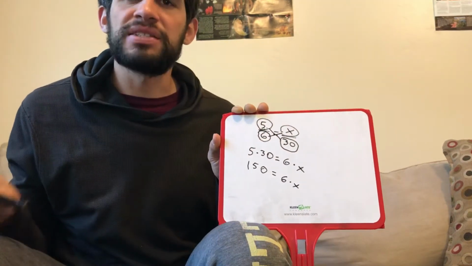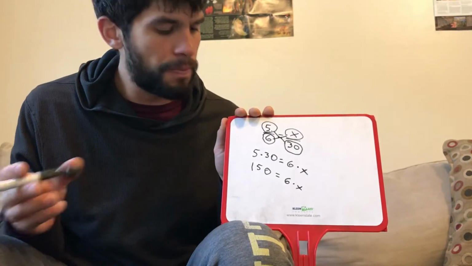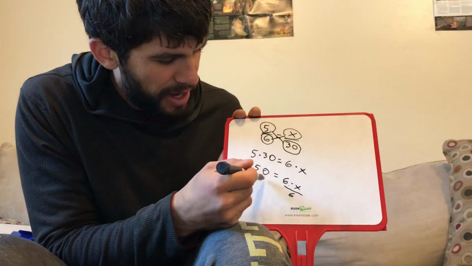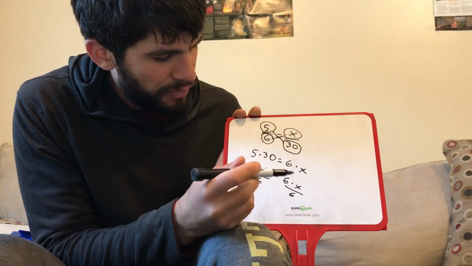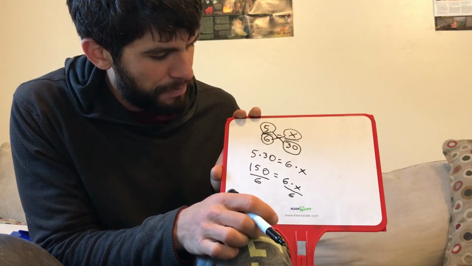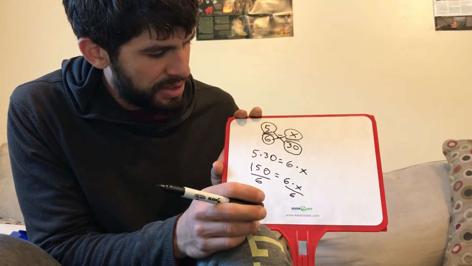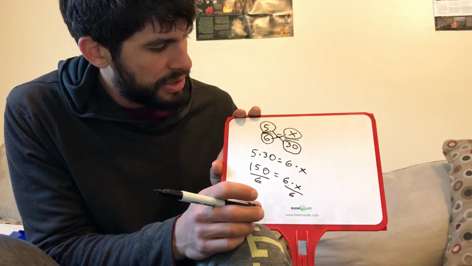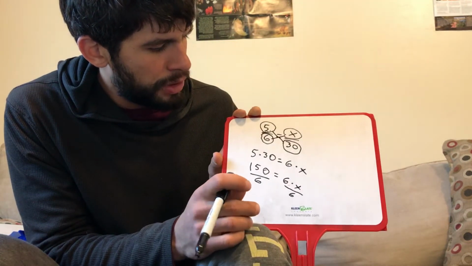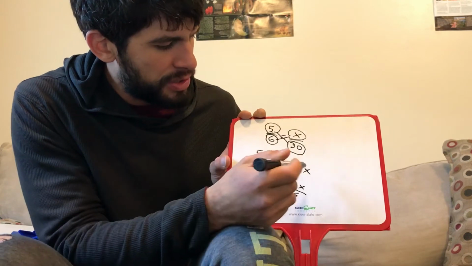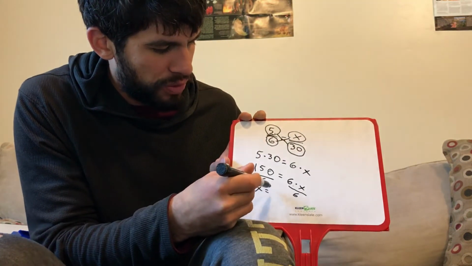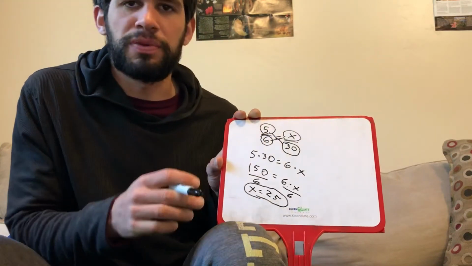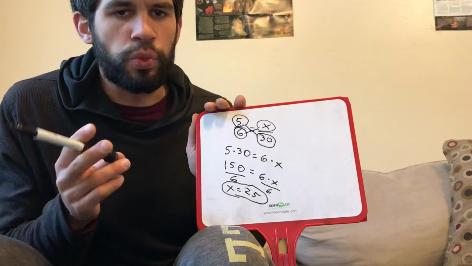And now we have a basic one-step division equation. So if you recall, to solve this one, we're going to divide both sides by 6. And if we divide 150 by 6, we're going to get, let's see, 25. So we're going to get that x is equal to 25, which we got using cross multiplication. So that is one method of solving